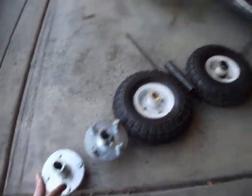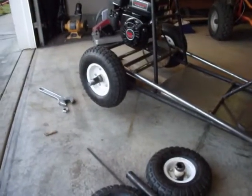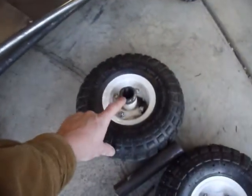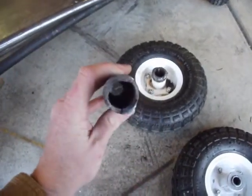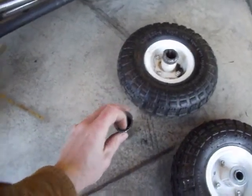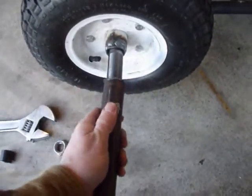Well, I wanted to figure out how to just use these cheap Harbor Freight tires and get them on my 1-inch axle. So I popped the bearings out, and it turns out the inside diameter is a little bit larger than a 1-inch Schedule 40 pipe. Schedule 40 pipe, 1 inch is 1 inch inside diameter, so I knew that'd fit on my axle. And then all I had to do was